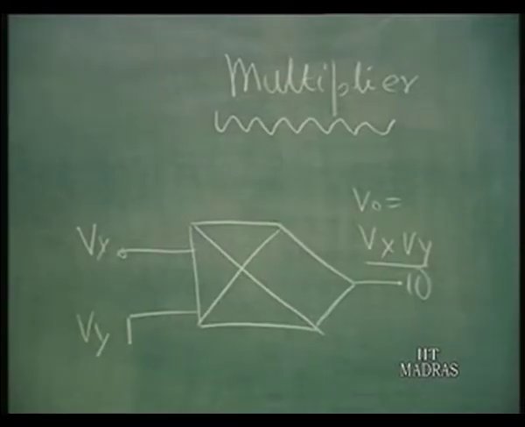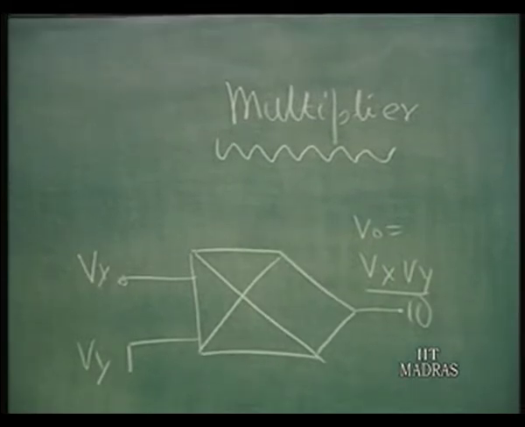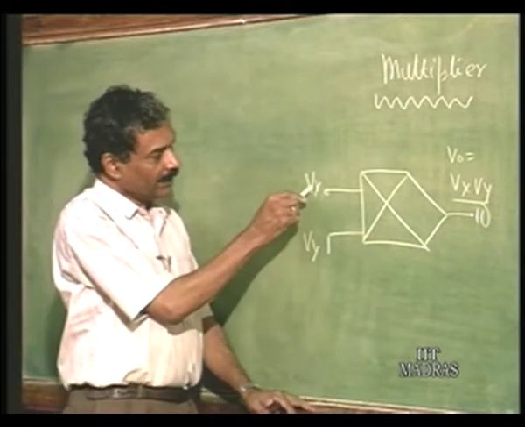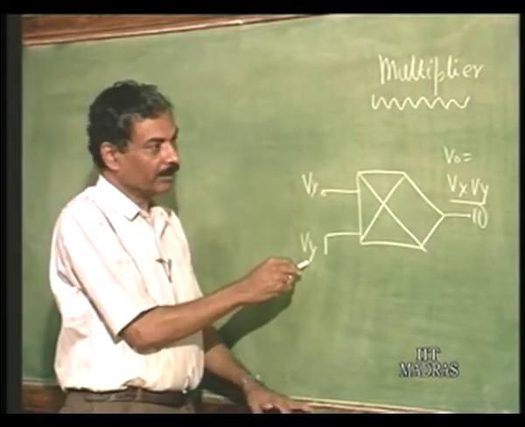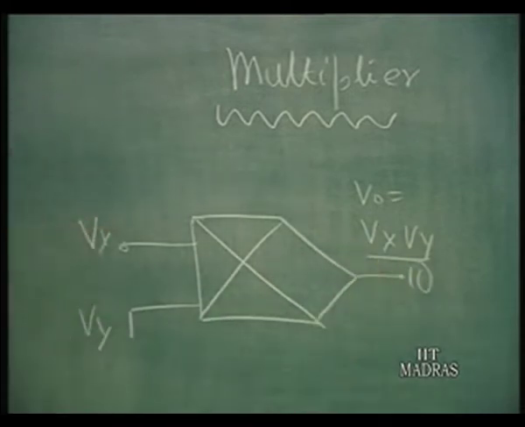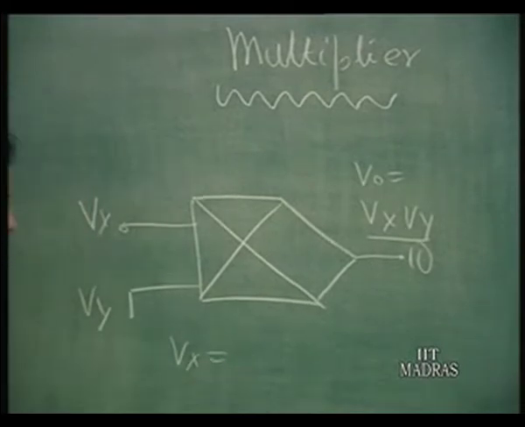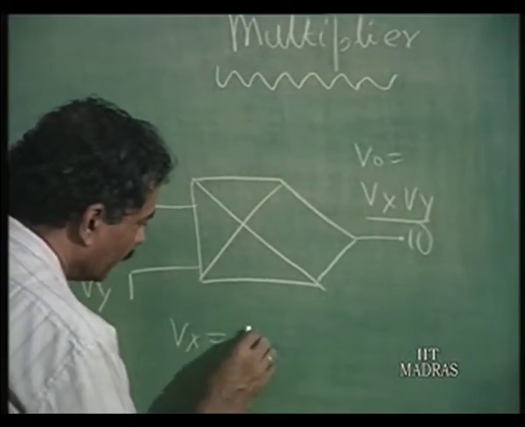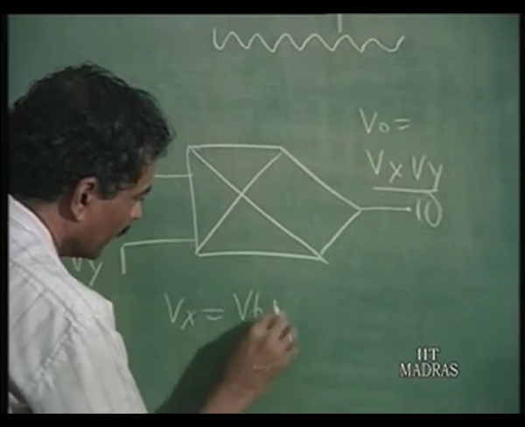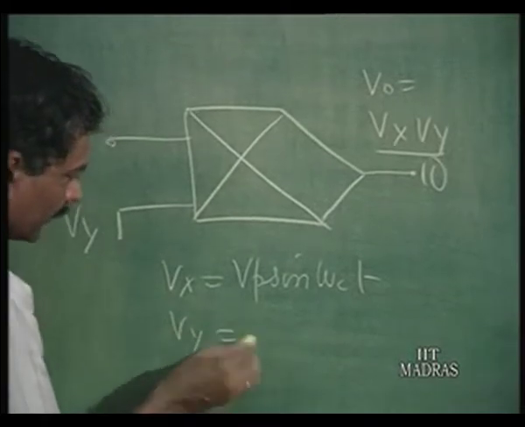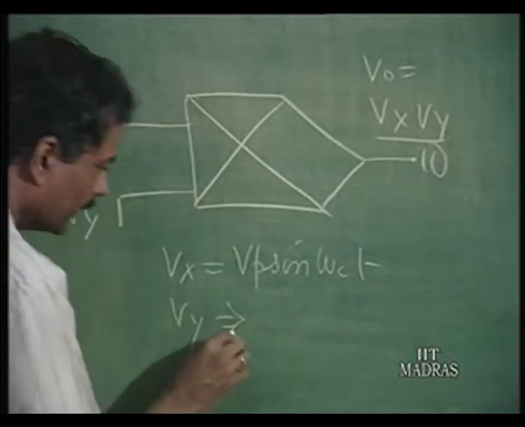Now, we will demonstrate certain applications of the multiplier, which we have also studied in our theory class. If Vx is one input and Vy is the other input, output is Vx Vy by 10. In the case of an ideal multiplier, Vx and Vy both will have a dynamic range of plus minus 10 volts. Now, if Vx is some frequency input, let us say Vp sin omega c t, the carrier, and Vy is the modulating frequency,